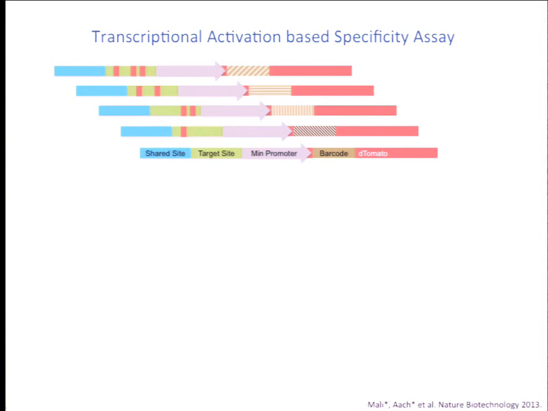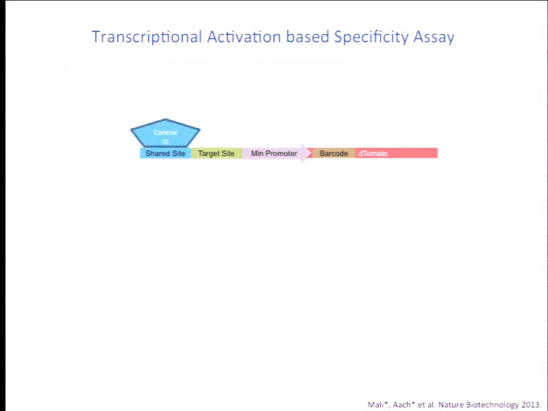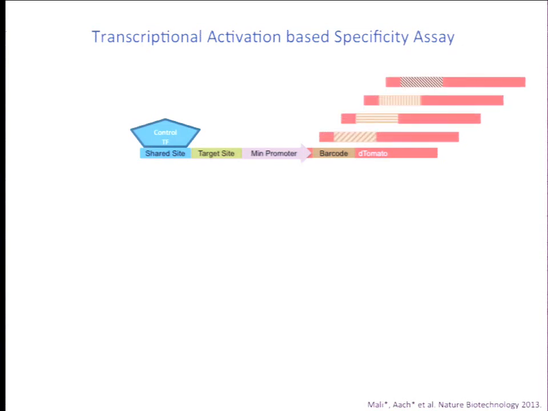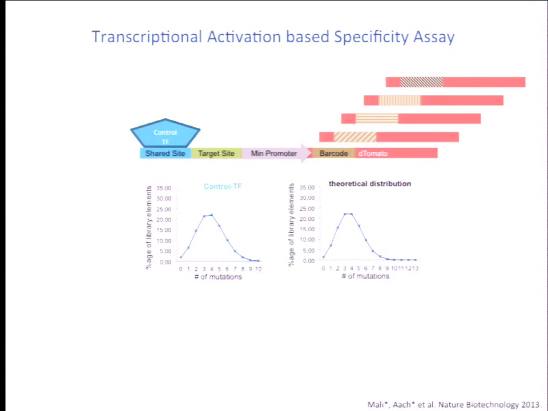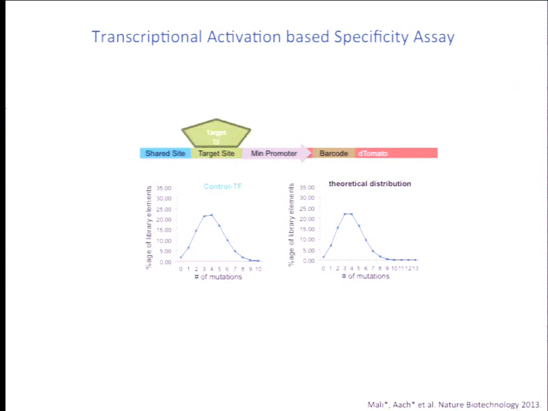So now if we stimulated the library with a transcription factor that bound a site that was shared between all the library elements, then one would expect that it would turn on all the corresponding library elements uniformly. And that was indeed true when we used the control transcription factor. Then the distribution of the barcodes that we observed was similar to the theoretical distribution of barcodes that one would expect for a library of interest. But now if we use the transcription factor that bound the corresponding target site that we wanted to interrogate in terms of specificity, then the target transcription factor would turn on strongly those particular elements that it preferred to bind more, and it would thus bias the expression of the barcodes accordingly.